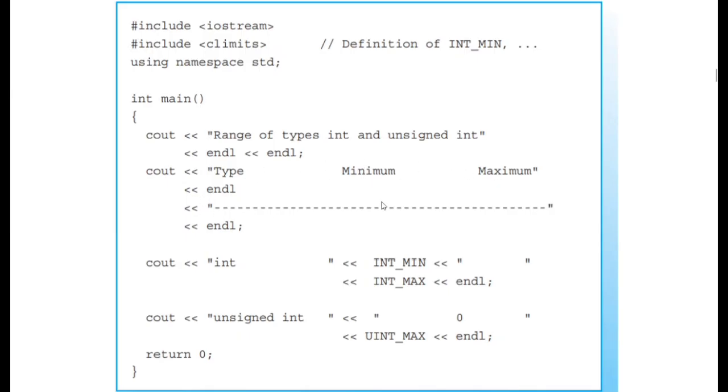We print a line, another line break, and then here we print int. And now this here is a constant. Normally constants are defined in capitals, and a constant is generally a variable that has a value which does not change. Okay, so this is coming from climits. It is defined in this module.